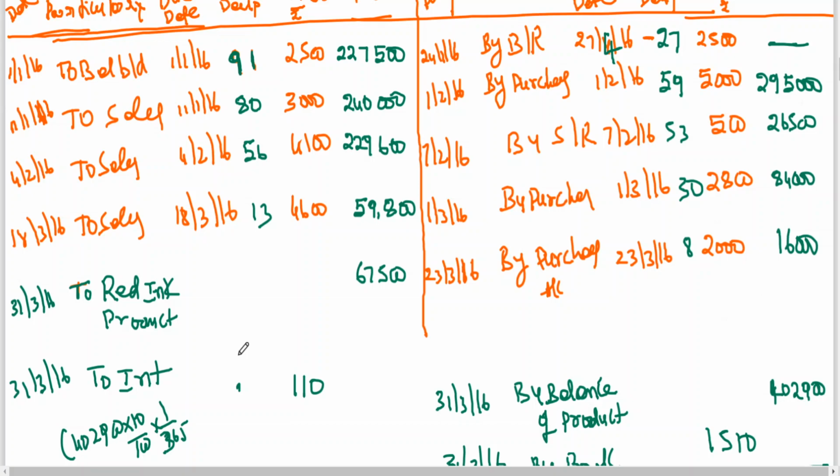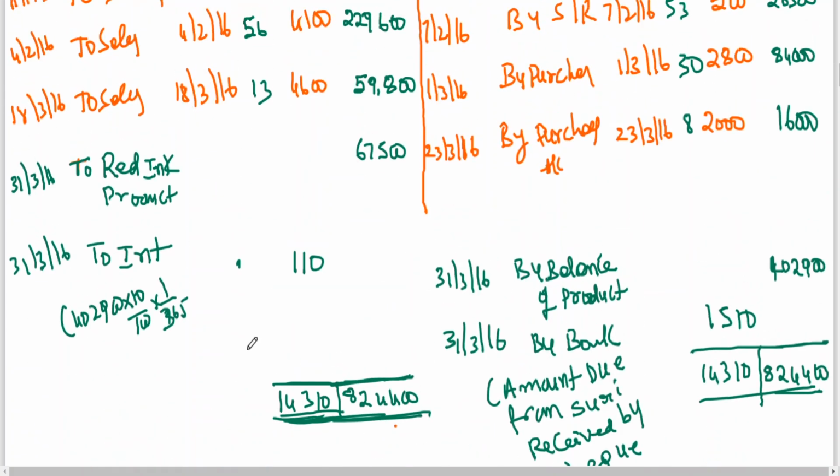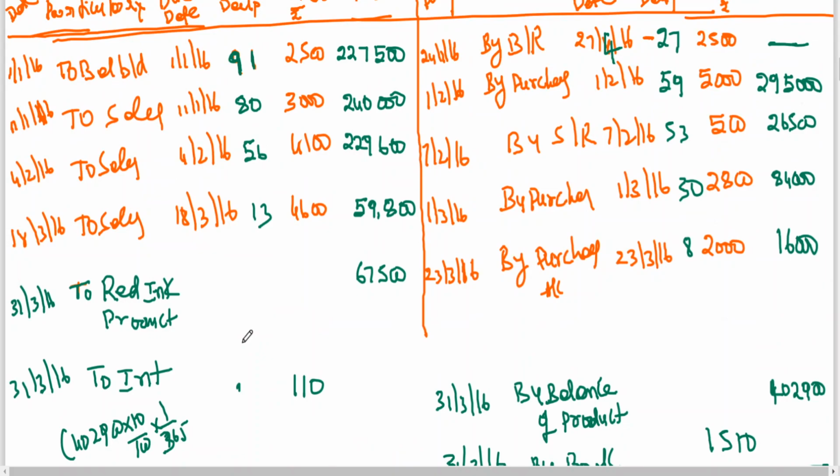Totaling is correct. You just cross check if the amount is again 14,310 minus 2,500 minus 5,000 minus 500 minus 1,800 minus. So this is how you should do the problem.